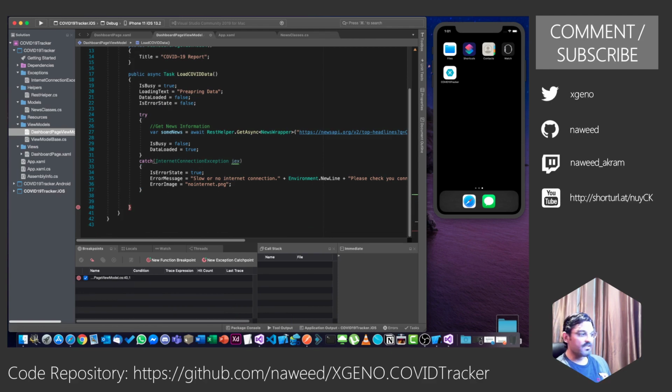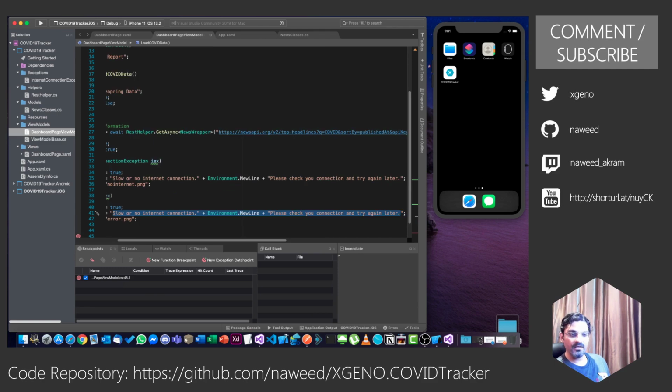But other than internet, some other error can also happen, right? Some generic error which we do not know, so that will be a catch-all. Let me copy the same thing. This time for the error image, I will perhaps use a common error message, and I will say something went wrong, please try again later.